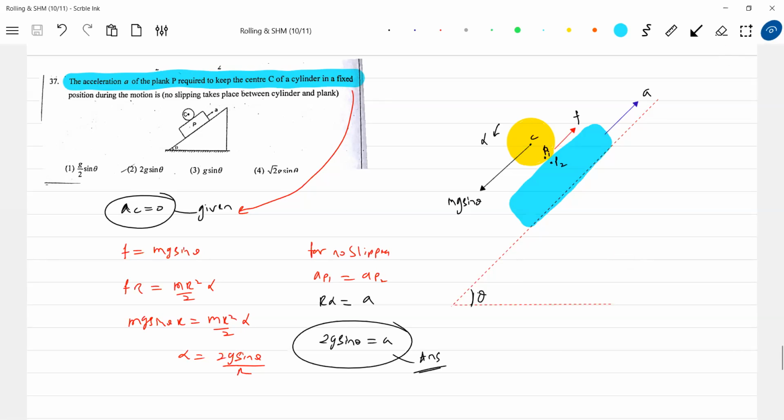Immediately draw the diagram. Don't bother about how 2g sin theta is possible. First, immediately draw the diagram and show all the forces. Then how do they rotate? How do they move? Carry on. Then the condition for no slipping is telling that the center C is at rest. In most rolling motion problems, first we must get the direction of forces acting, how the body will rotate or move. Then count unknowns and equations; any constraint equation or slipping condition has to be introduced here.